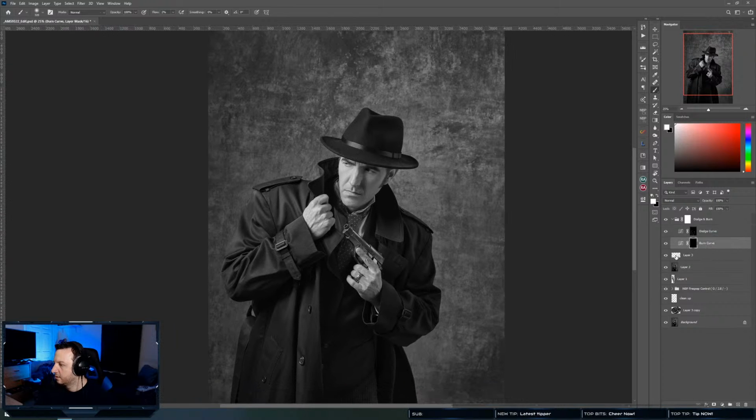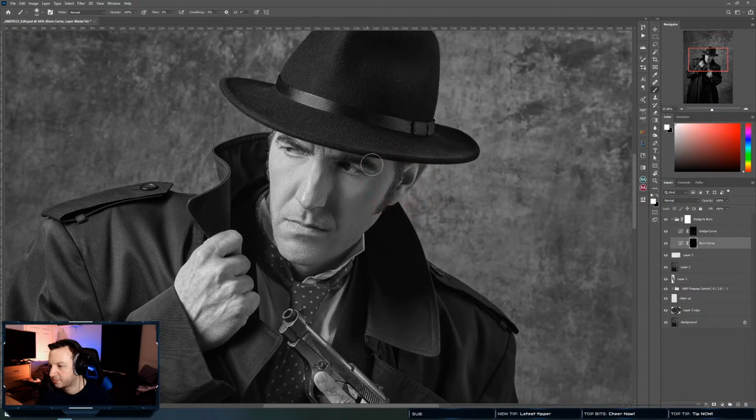Okay. Now we're going to come into the burn. The burn is we're just going to darken areas that we want to darken. Maybe create some more contrast. So we are going to come onto this side of his face and just darken it down. Now there is a little white spot here, so we're going to try and darken that down. We're also going to darken his ear down,